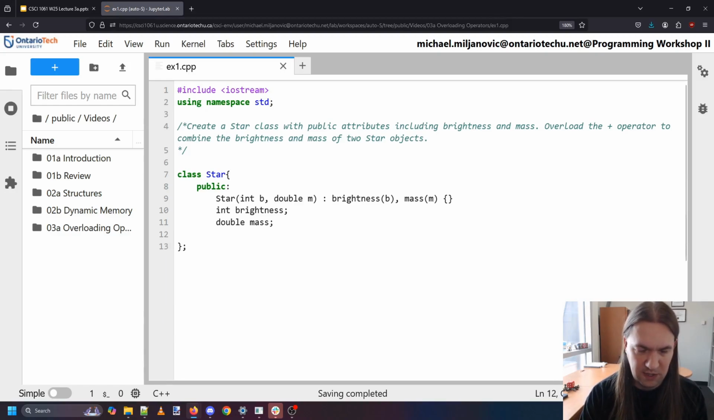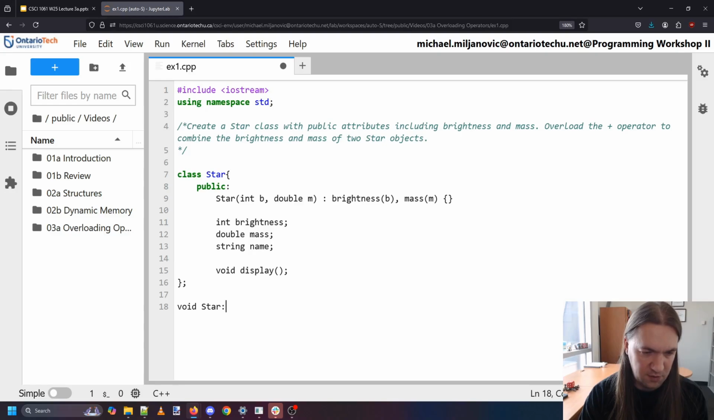Let's also get a display function. And our display function will just tell us the properties of the star. Actually, let's give it a name too. So how about we do string name as well. And then display. So the display function of our star will tell us that the star name